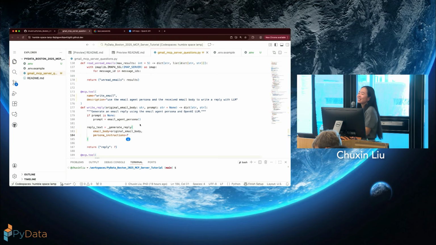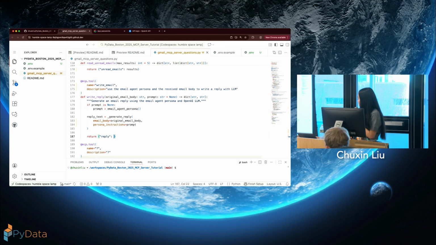So we're only using the body. Yeah, I agree. Maybe later on we can add that and see. Okay. So then persona instruction should be the prompt. And then at the end, we return the reply text.